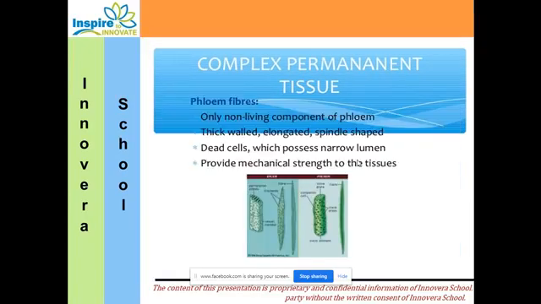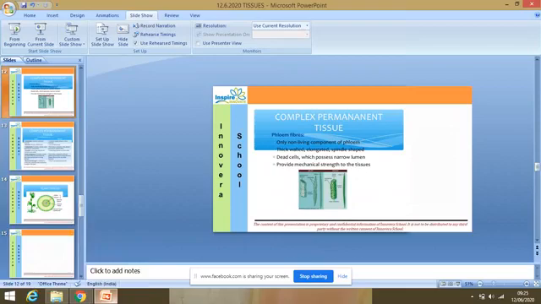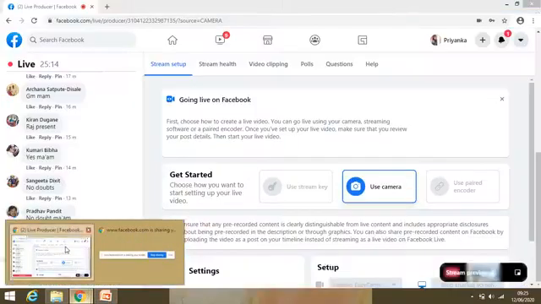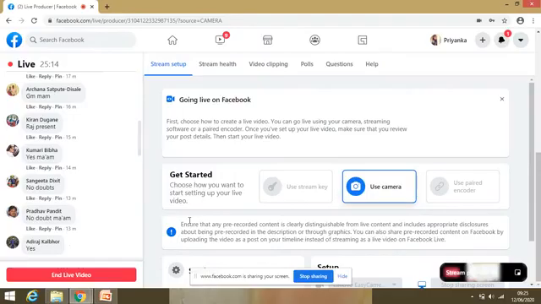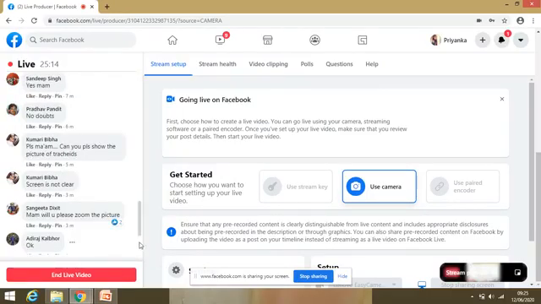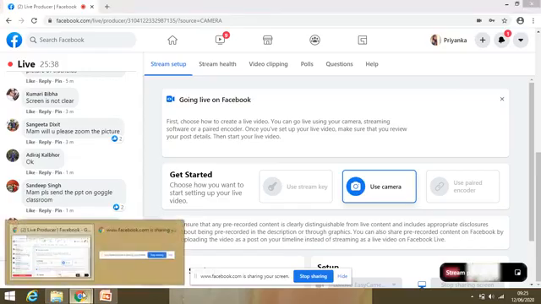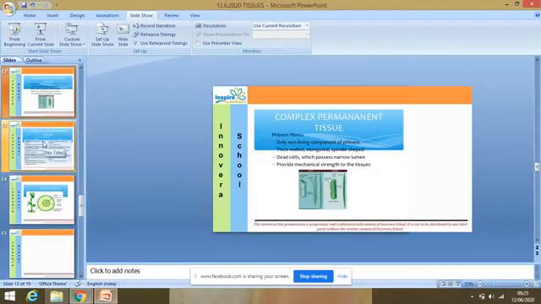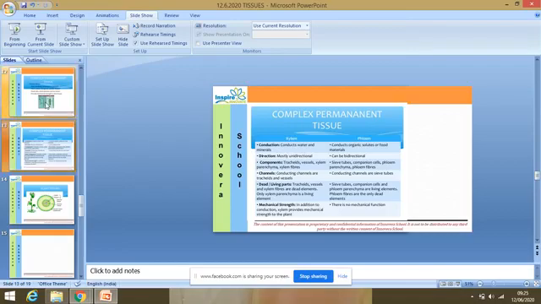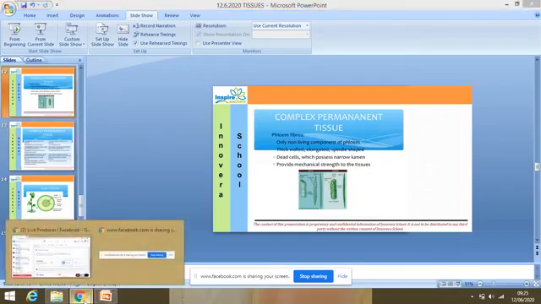Now I am not going to show you my last slide, that is the difference between xylem and phloem. What I want you to do today is, children, I have made the last slide also, but I don't want to discuss it with you.